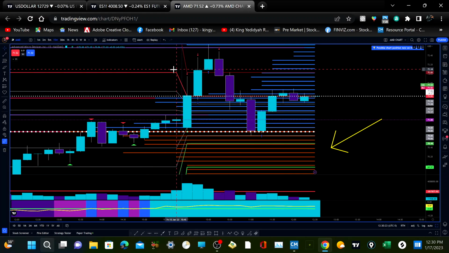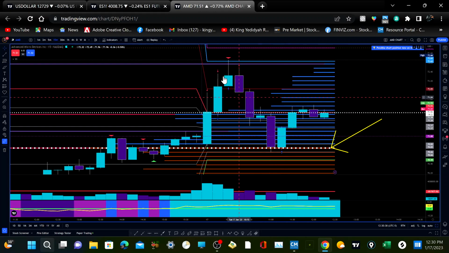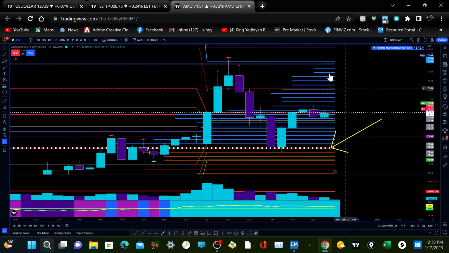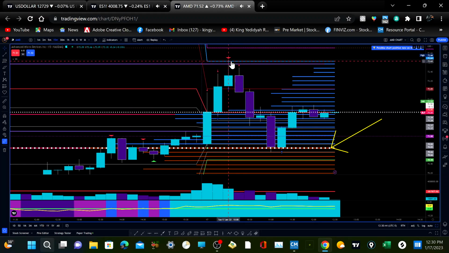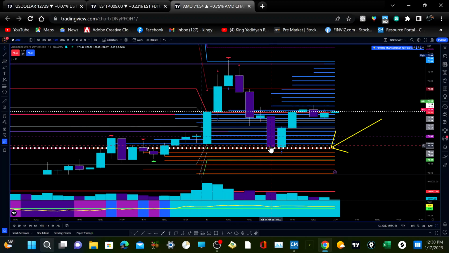And that motorbike out there is going crazy. So we actually got the support here at the volume point of control around 70.75. So when I saw the support started to come in, I just covered the trade. So it's a mean reversion trade, you know. You can see the volume is drying up here. So we had the rejection. This is Camarilla R5 right here. So we had the rejection off of R5 and just came back down to the volume point of control.